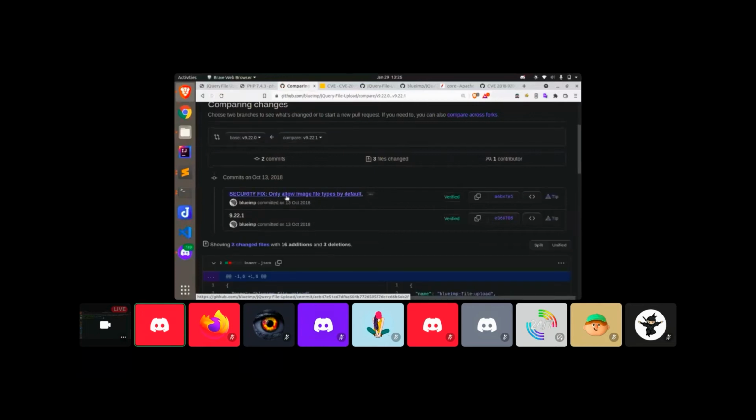So you can see there was a security fix: only allow image file types by default. So this is just a commit message. We can just go through. So there were three changed files, and the first and second are just the update of the package management. So basically they are updating the version. It was 22.0, now they are just updating to 22.1. And here